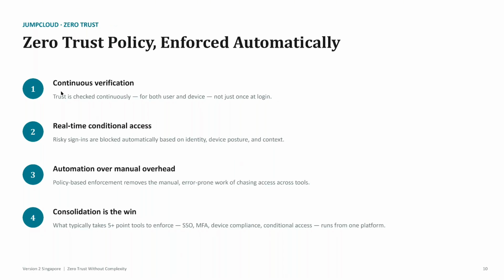So we can support continuous verification to ensure that the user logging in to the system is still that user, and we can provide conditional access. So maybe some user shouldn't access the server or application after office hours, and many others. Or if they are overseas, they cannot access certain applications. You can do such kind of control.